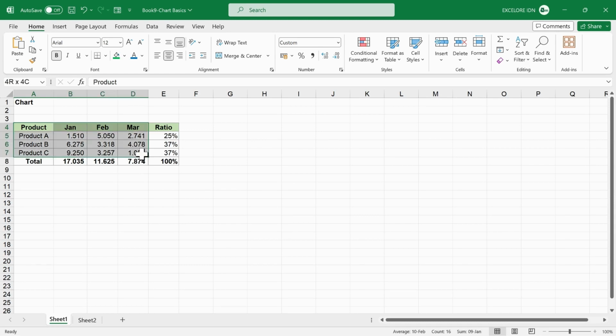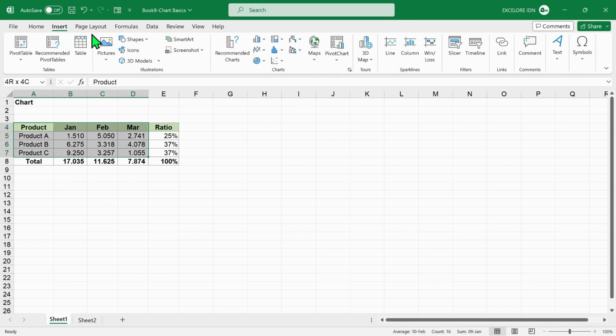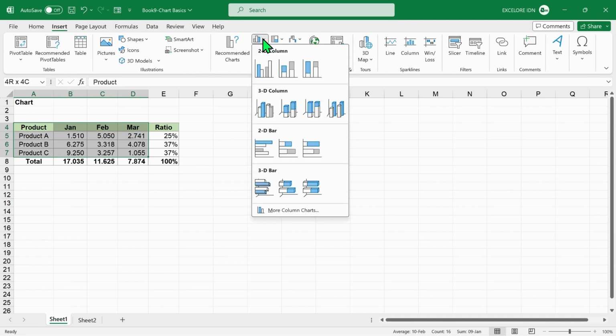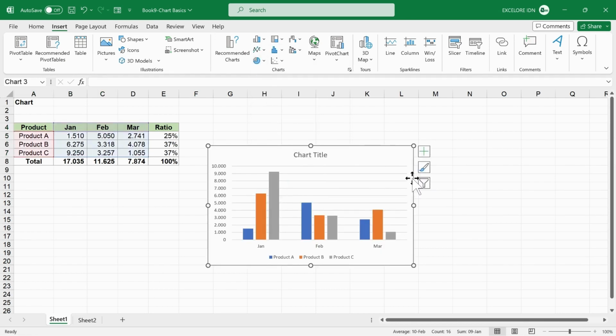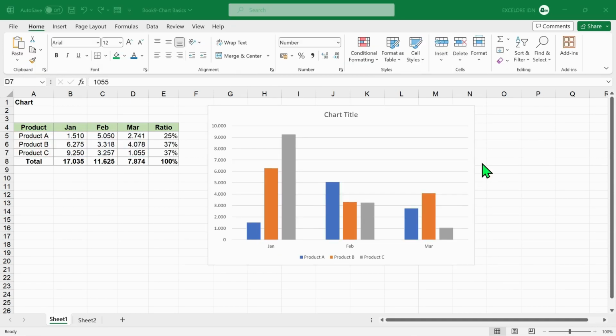Select the data range first. Then click the Insert tab. Then select Bar Chart from the Chart command group. In the chart form options, select this one. Click. Then the chart has been created. We can adjust the size of the chart by using the cursor to drag its edges. The chart comprises several components, such as chart title, value axis, series, in this example product, category axis, in this example months, and legend series.